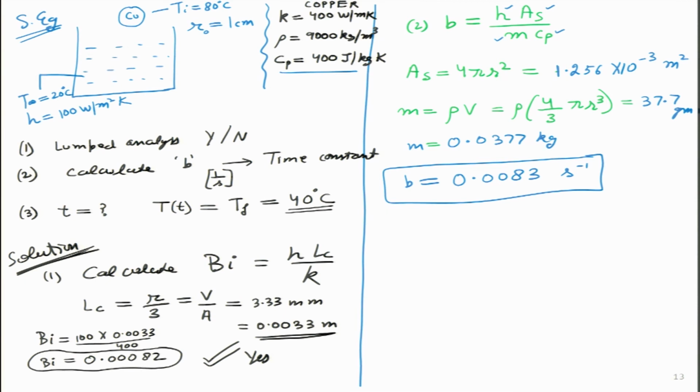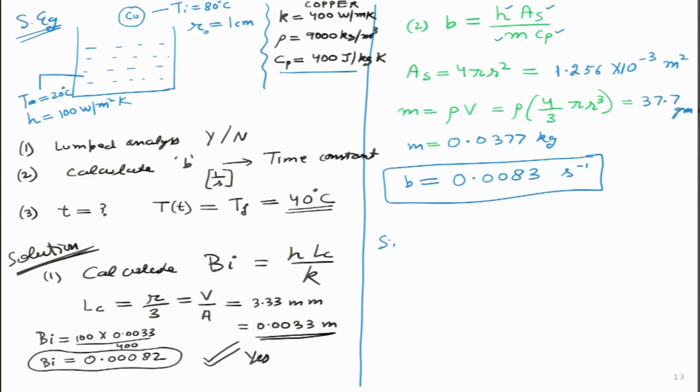So, if something has a time constant which is having a very low value, but the units are inverse of time, it tells me actually it may take a lot of time for this process to happen. So, we will figure it out in just a little while. That time actually we will calculate in step number 3. So, step 3 says, from over here, let me calculate that particular time.